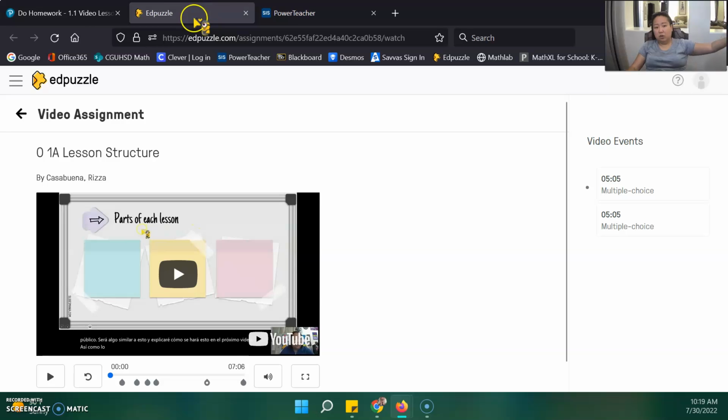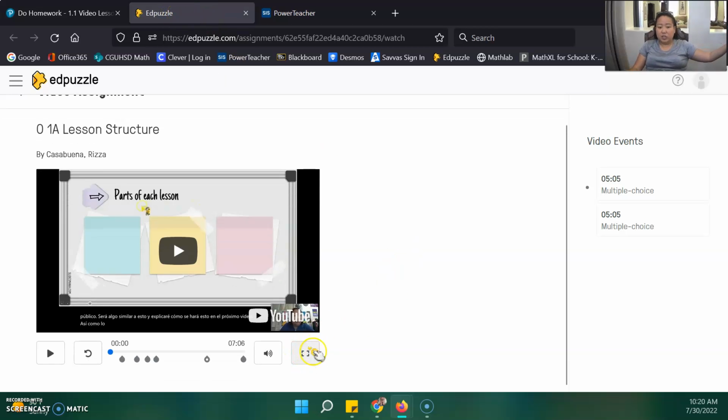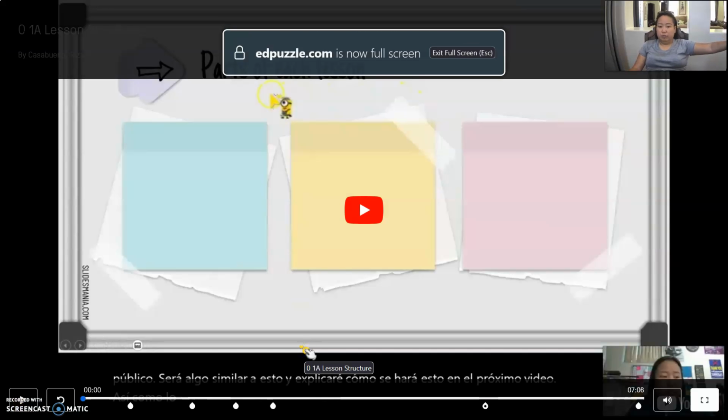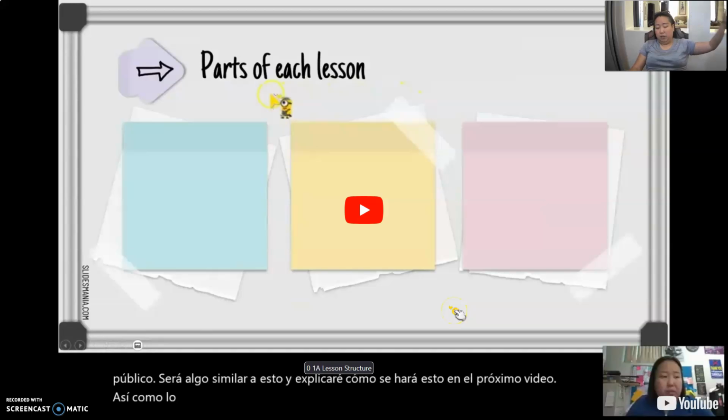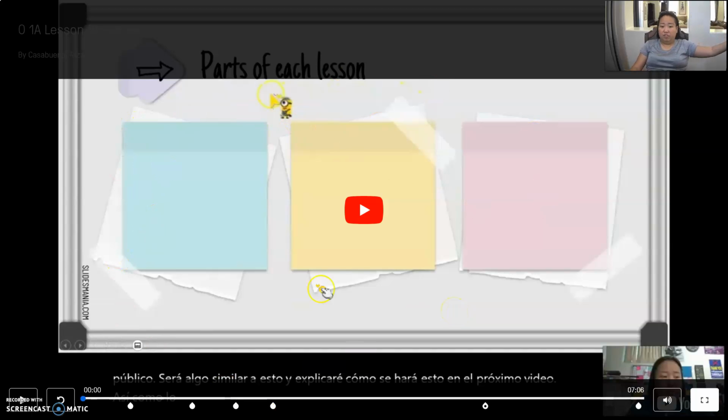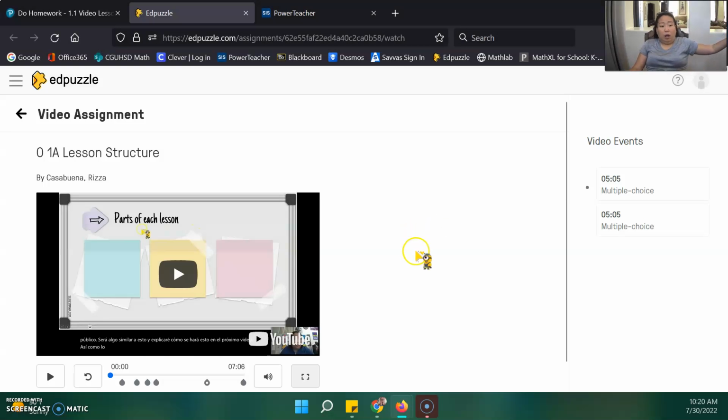Here, because it opened as another tab with Edpuzzle, you can see that they have this option here to watch it full screen, which means it's going to be a fully immersed experience for the kids with the video itself, and they will not have any problem seeing what is being projected in there. So I would say I really like the idea of having the Edpuzzle assignments included in our MathXL,